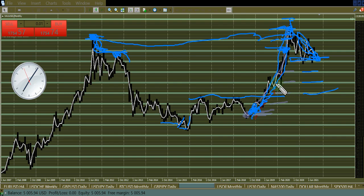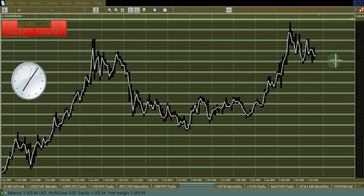Look at this wackadoodle spike here. This is a premium entry just based on good old fashioned come back to the doji, this box here. And the market wicks into it, and you got a limit there, and holy fuck, you're up $200 in like 2 months. That's screaming. And then this insane crush, which is fueled by this window here,